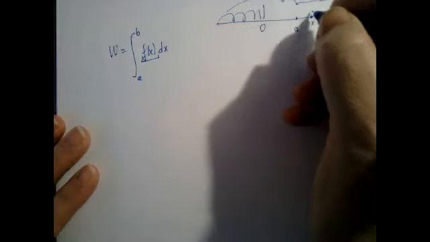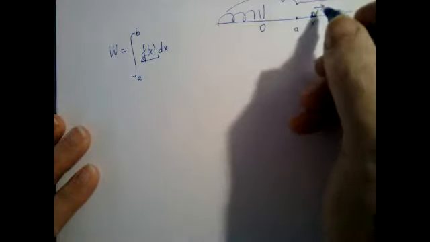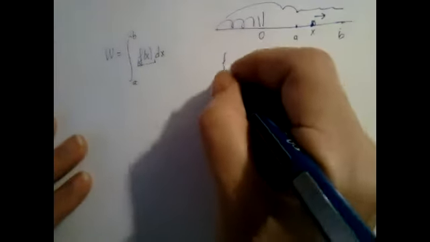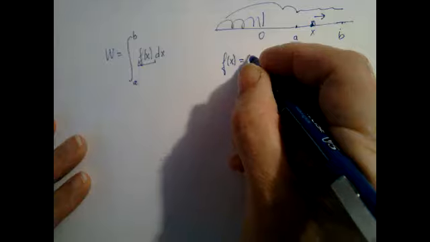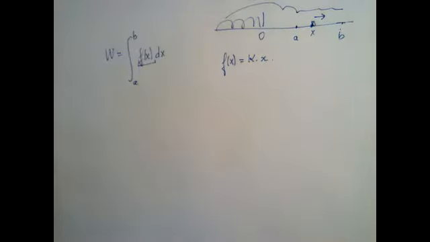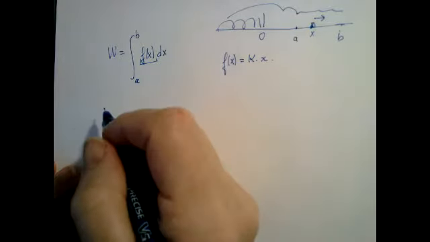Now, what is f of x? F of x is the force. Once you are at a point x, if you want to keep pushing it, you need a certain force. So f of x represents this force. And Hooke's law gave us a formula for this force: the force is always a certain constant k times the amount of stretch. Now, with this in mind, unless you guys have any questions,